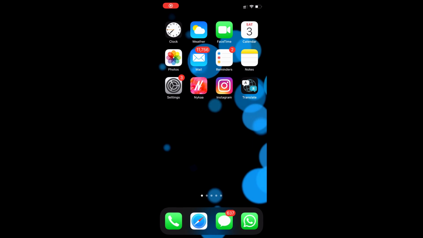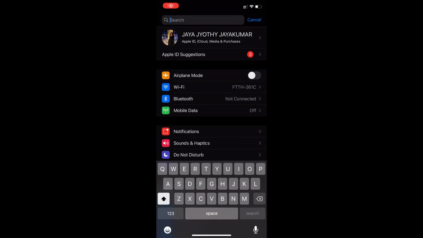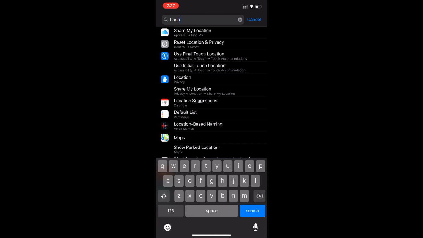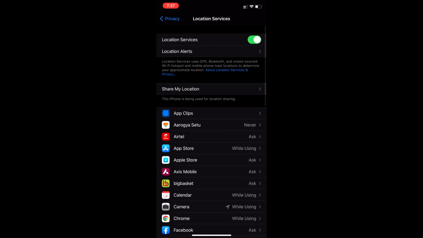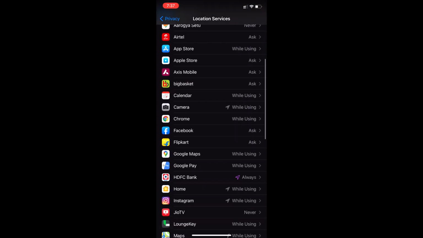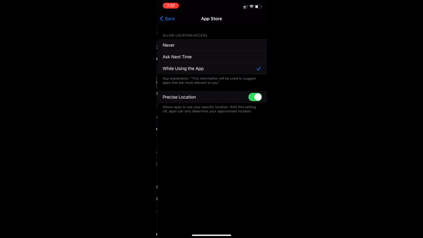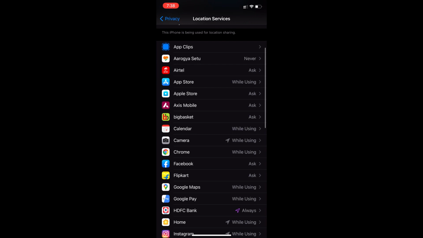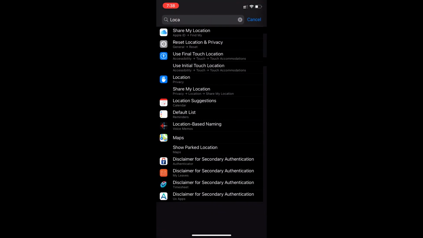Precise location is another beautiful feature. Every time, you need not give your accurate location. If you want to share your location precisely, you have an option of precise location. Go to your location services. There, for the various apps, you can set never, ask next time, or while using the app, or precise location. By default now it is enabled. For individual apps you can provide these settings. So that is another beautiful feature that you have.